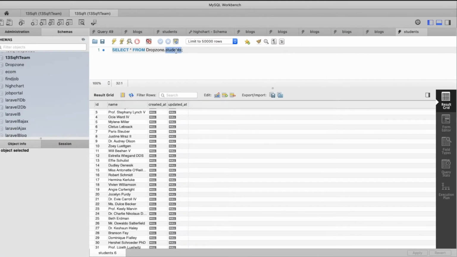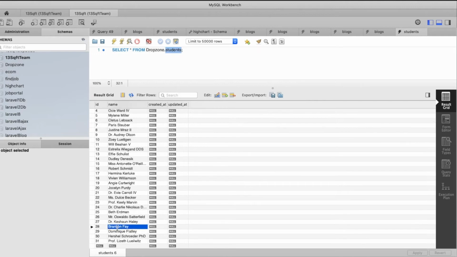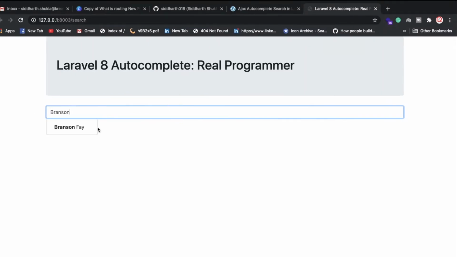We have the students table, and inside the student table, we have the name field with multiple data. Suppose you want to search something like duration, so just try it here. We get the data, the duration. So we have the option to write any particular character, and then we can get the result. Such kind of functionality I have done. You can check out Google also, which has autocomplete suggestions like these features. We are going to discuss how to create that.